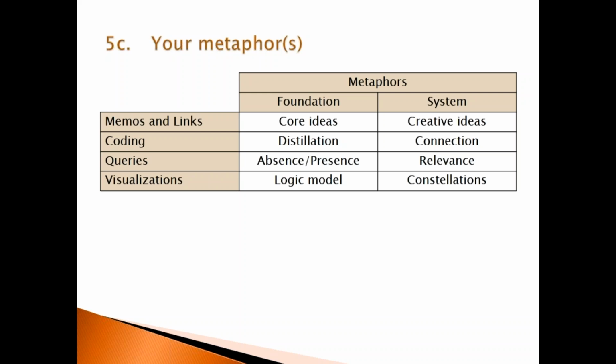And so finally, I have some ways of thinking about a few of the tools in NVivo. So as I've read this literature and looked at a lot of issues around conducting literature reviews, if you're using a foundational metaphor, your memos and links are more likely to be core ideas that occur throughout the literature. Whereas if you're using a more systematic approach or systemic approach, you're thinking about creative ideas. If you are coding with a foundational metaphor, you're more likely coding lots of materials and the goal is to distill that into a summary. Whereas in a systemic metaphor, you're more likely to want to find creative connections and interesting overlaps that are relevant